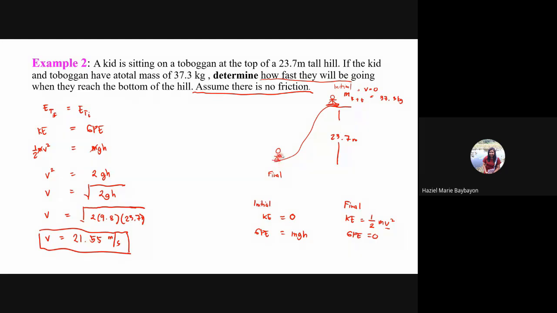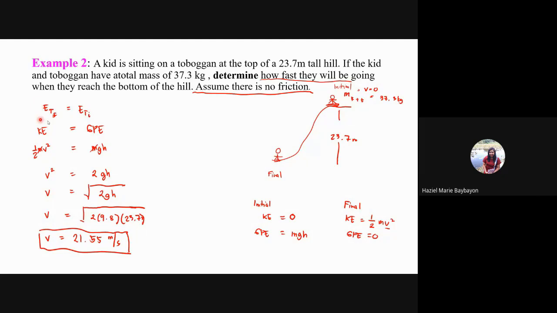Okay, so we are given the total mass of the kid and the toboggan. So it is equal to 37.3 kilograms. And then we are also given the height of the hill. Okay, so here we will use the conservation of energy principle. So it states that the initial or the total energy before is just equal to the total energy final. Okay? Or